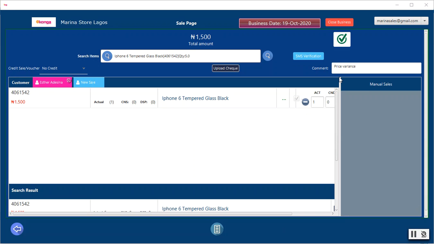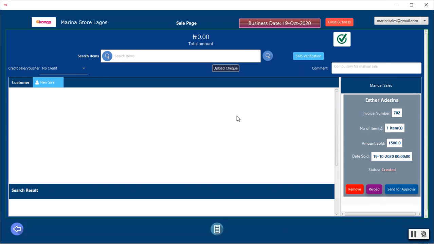And after including my reason, I'm going to select this. And instantly we can see that our manual sale has been created right here and has been included in the manual sale dialog. So you can decide to send for approval, which you must do if you want the sale to go through. So you select send for approval,